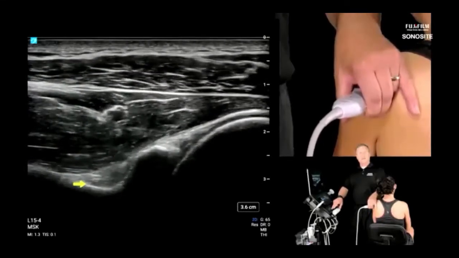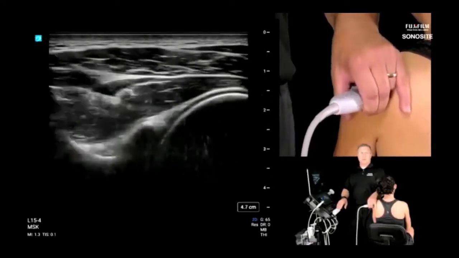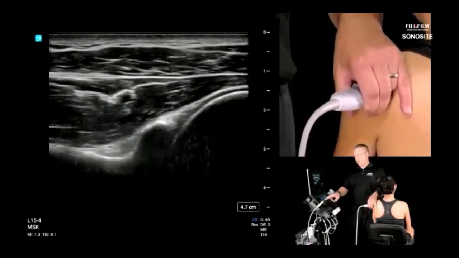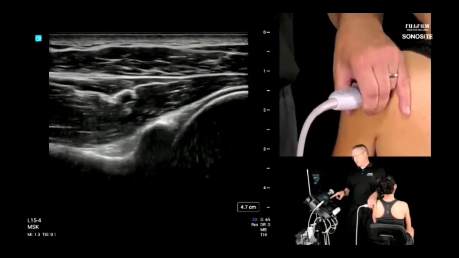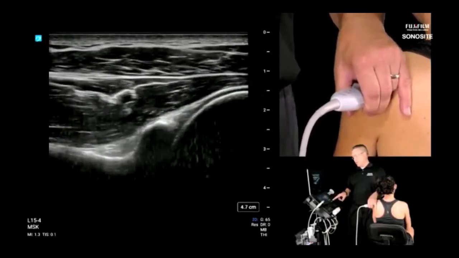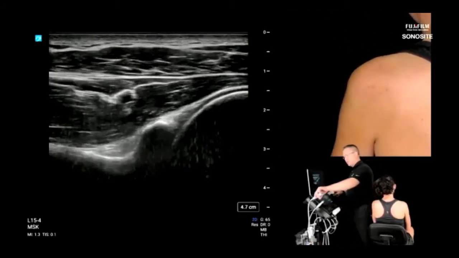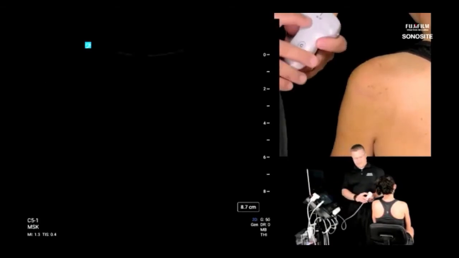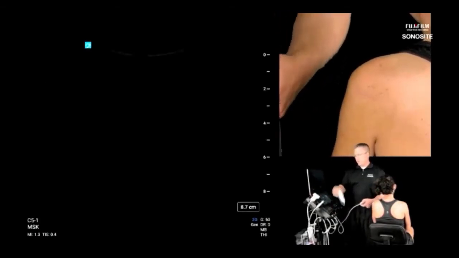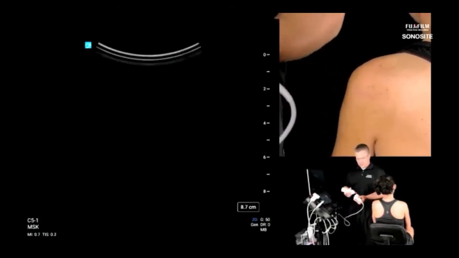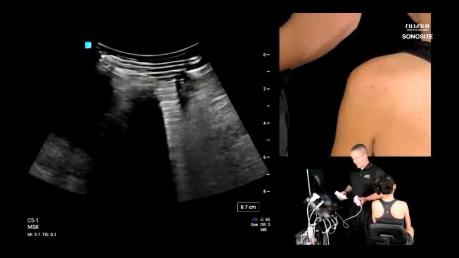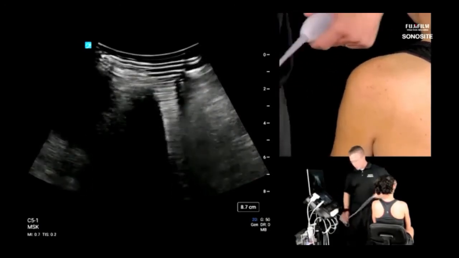That may need to change. I may need to switch over to a curvilinear on some people. Okay. And having one of those handy really makes sure that you are not limited in any scanning that you do in MSK. So I'm going to switch over to the curvilinear. This is the C5-1. It's capable of penetrating to 30 centimeters, which is never necessary. But if you're scanning hips, large shoulders,